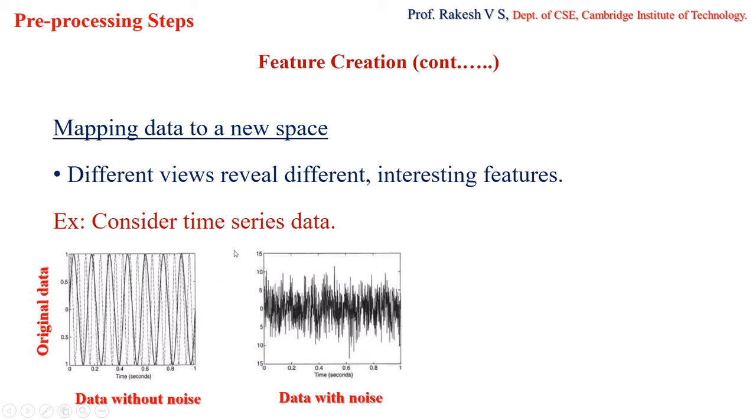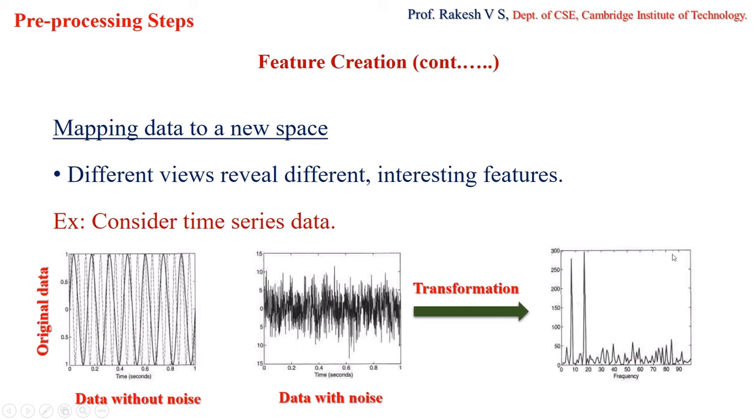So now what I do is I'll map these data points into a new space by applying one or the other transformation. We know that generally in such cases, to get the sinusoidal waves, we'll be applying the Fourier transformation. When I apply Fourier transformation on this data with noise, I will get newly transformed data in this format. When I see this image, at least in two different places, at these two places, I am able to get the original pattern, right?